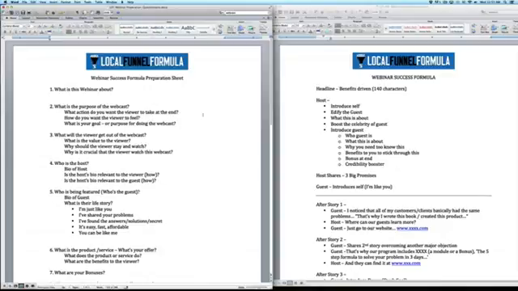Video sales letter has exactly the words on the page that are being said, where the webinar has the slides with images, a couple of bullets, so that it gets the point across and keeps the viewer engaged, and then changes to the next image as you go through those slides. So that's it. That's the webinar success formula. Can't wait to see what everybody puts together for themselves and for the businesses that you're going to be helping